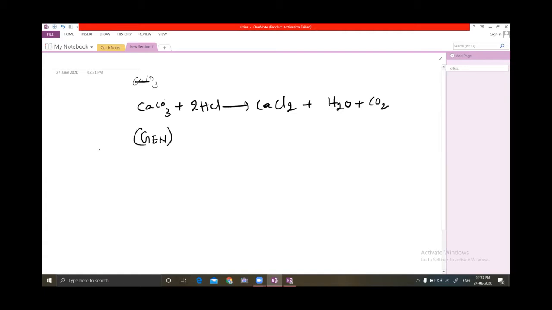This is a new concept. Please, everyone concentrate. Very easy, this one. Once you understand most of the stoichiometric reactions and titrations, we can do everything very fast. Are you getting my point? And without balancing equations, we can do problems. Without balancing, we can do these things. Please check it. Very easy.